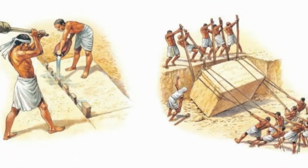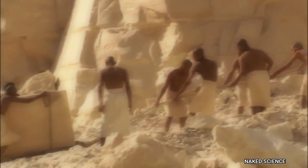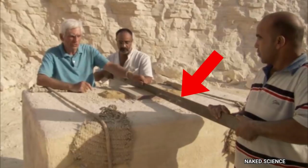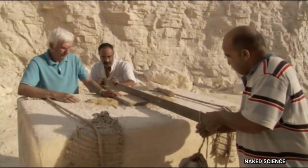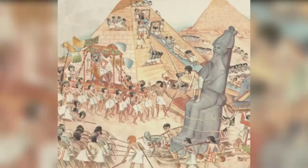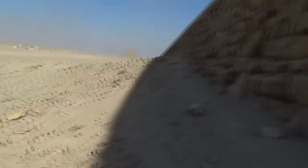pyramids. Ramps were often built of stone and clay, and were used to move the heavy blocks of stone up the pyramid's sloping sides. The ramps would also have grooves in them to help guide the blocks as they ascended. The ancient Egyptians were masters of construction. Even their smallest tombs were some of the largest and most sophisticated ever built, and the Egyptians were not alone